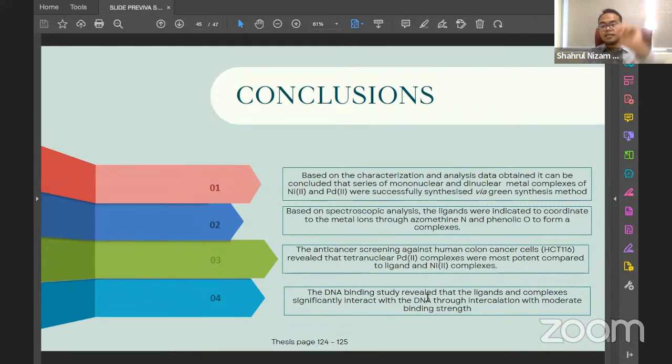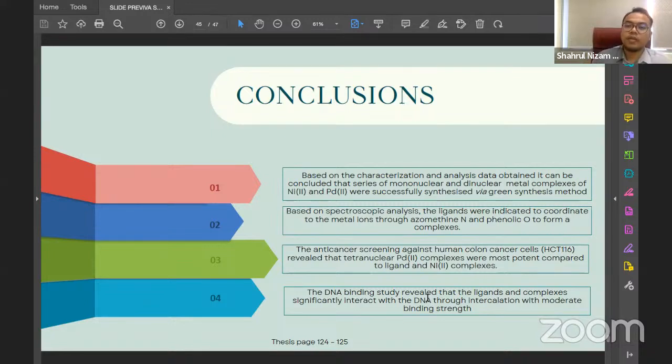Conclusion is this. Based on characterization, we can tell that we can get nickel and palladium(II) complexes with different nuclearity: mononuclear, dinuclear, tetranuclear, and they can be successfully synthesized via microwave-assisted synthesis. The model is known as Monowave 450. And based on the spectral analysis, we can see that there is coordination between oxygen and nitrogen with our